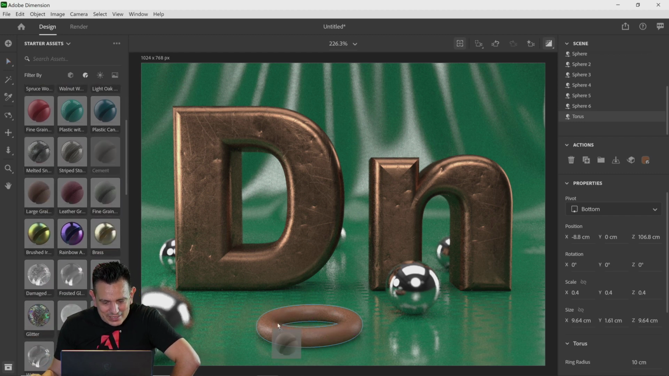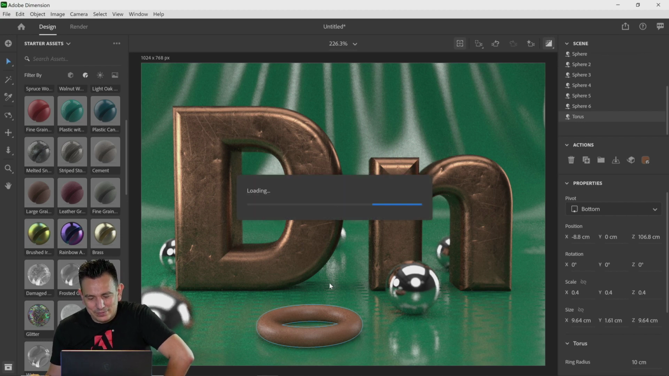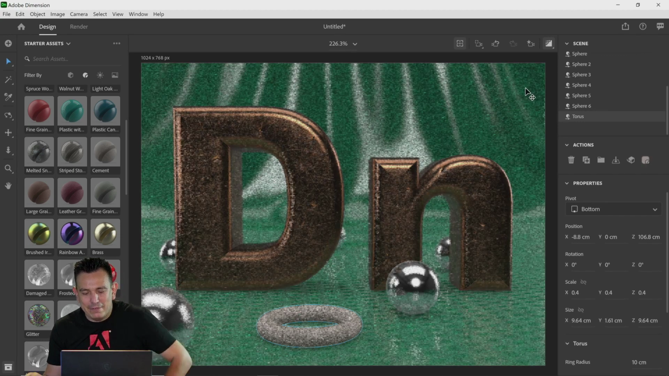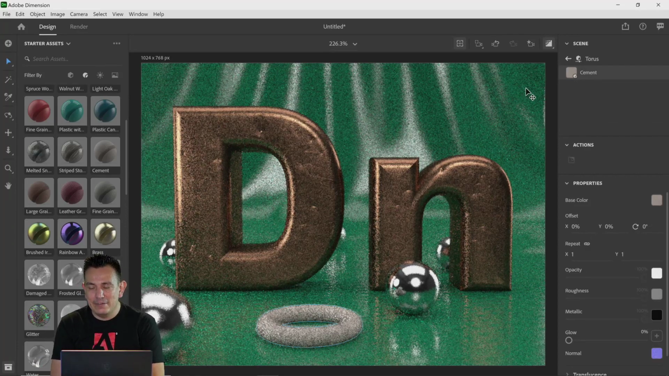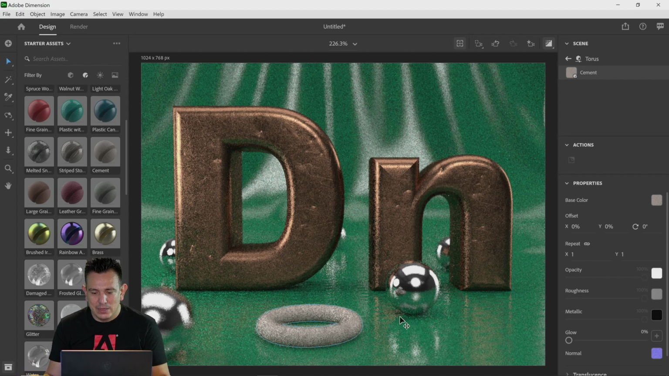We'll do cement. See how that works on this torus. There you go. So that one definitely doesn't have any reflection. But yeah, so this is the effect that I'm going to go with. Since we have 9 minutes, what I'm going to do is I'm just going to go into my 3D scene,